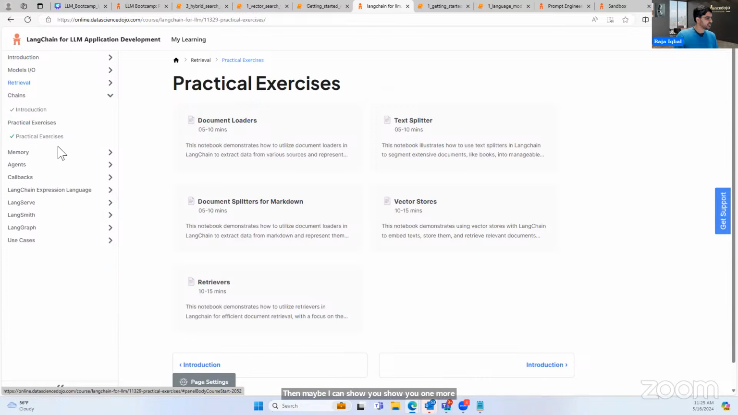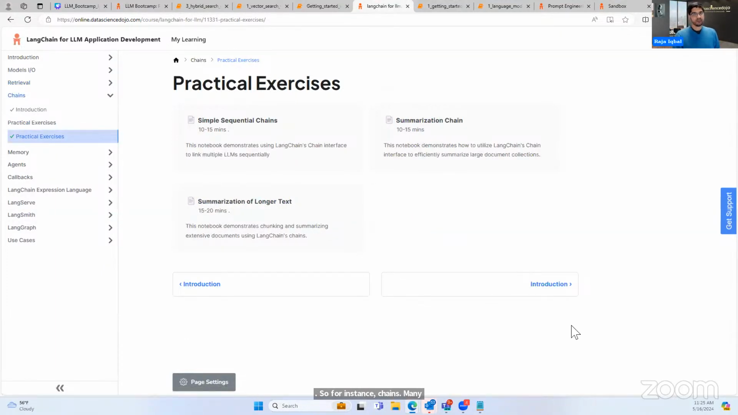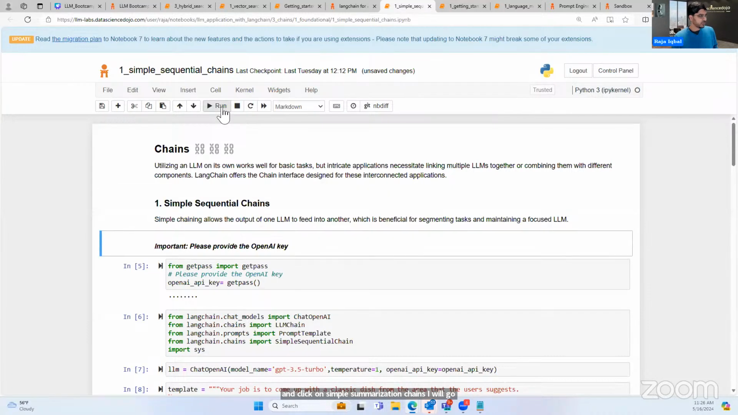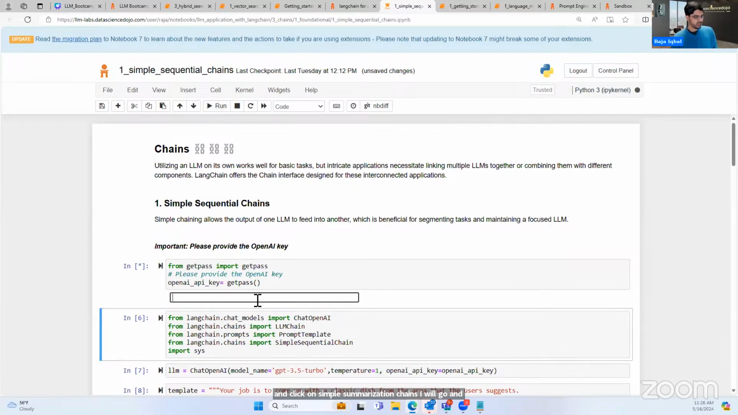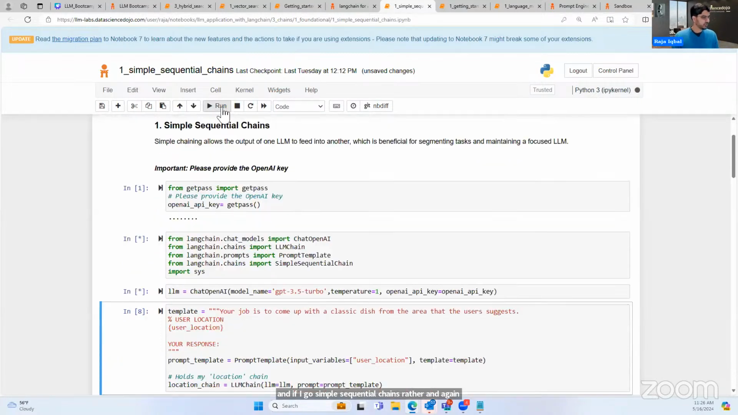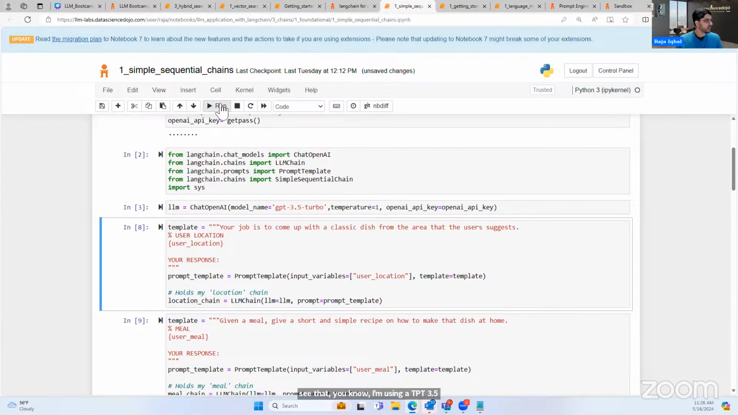So for instance, chains. Many times you need to break down your LLM function calls into multiple function calls. So in that scenario, you need chains. Let's say I click on simple summarization chains, or rather simple sequential chains, and again, the same thing, I will run it. And when I run it, you can see that I'm using GPT 3.5 Turbo. So there are some settings here. And then in this case,